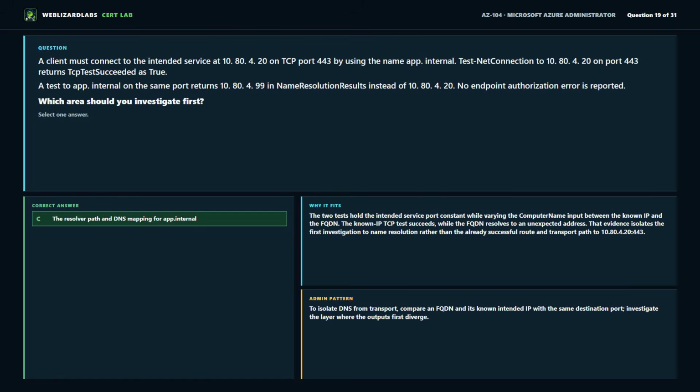The network constraint points to C, the resolver path and DNS mapping for app.internal. The two tests hold the intended service port constant while varying the computer name input between the known IP and the FQDN. The known IP TCP test succeeds while the FQDN resolves to an unexpected address. That evidence isolates the first investigation to name resolution rather than the already successful route and transport path to